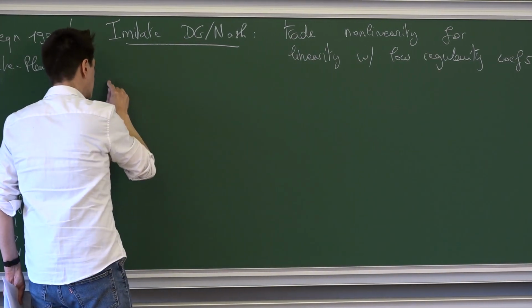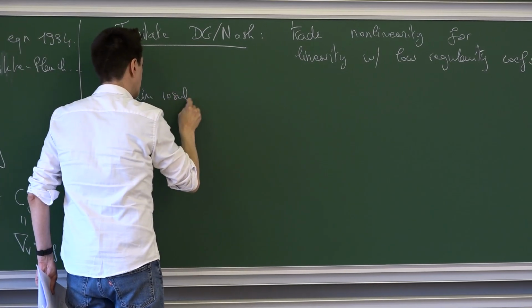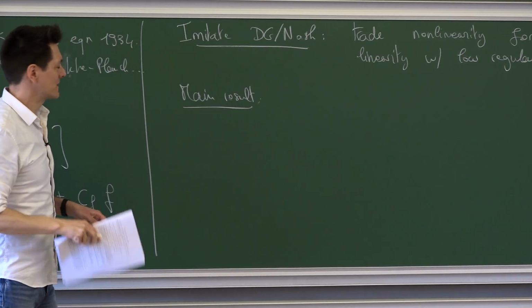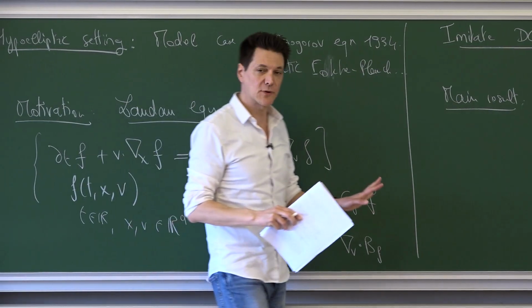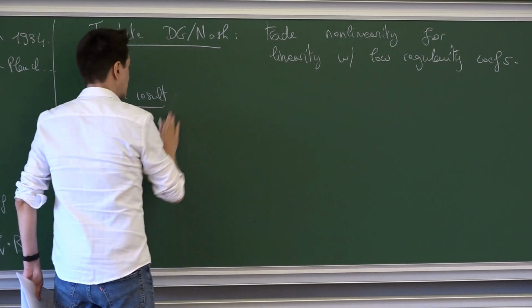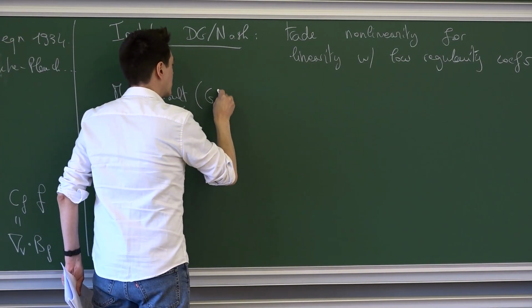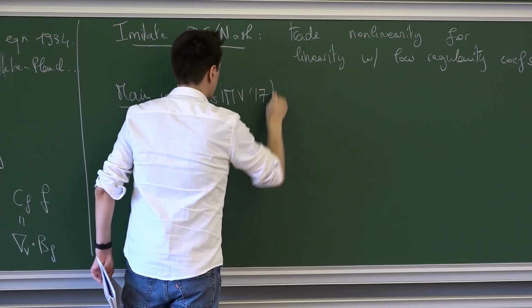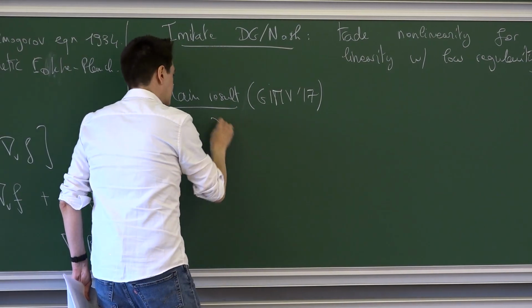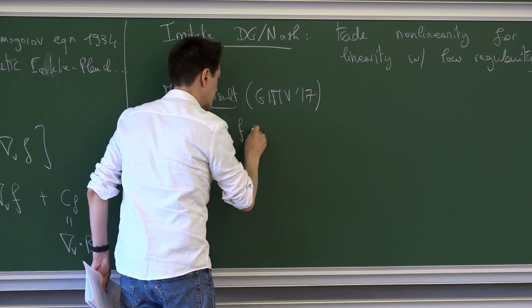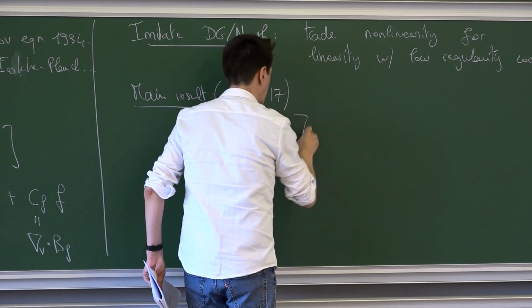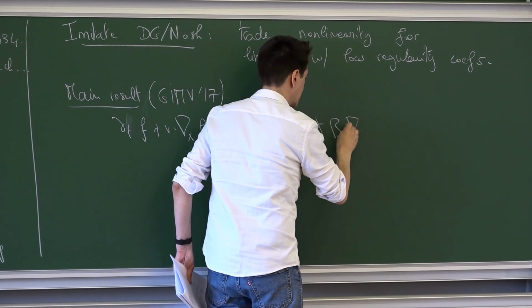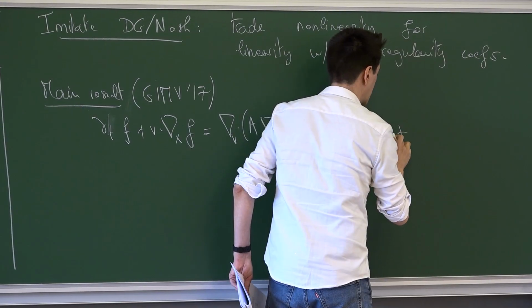And the main result is as follows. We'll only do a subset of this where I will drop the lower order term to make life simpler in these 2 hours. But the main result, which is proved in the paper with François, Cyril, and Alexis, 17, I think, we prove that solutions to this, so it looks like I'm rewriting the same equation, but not quite, because now the coefficients are given. Now this is a linear equation,